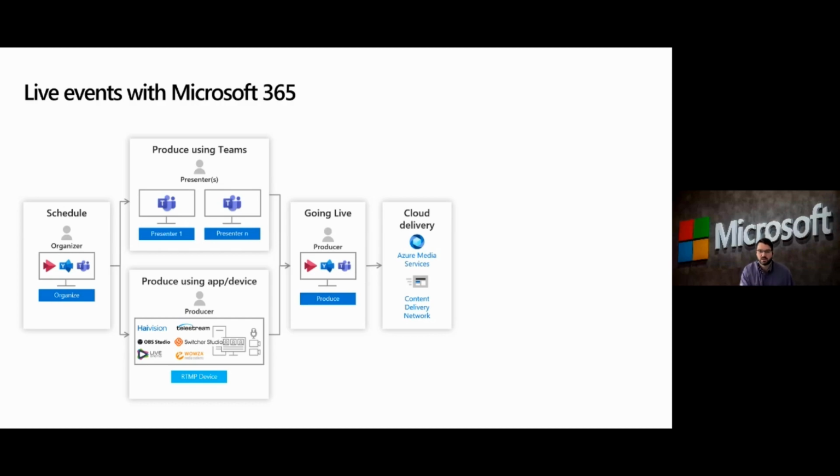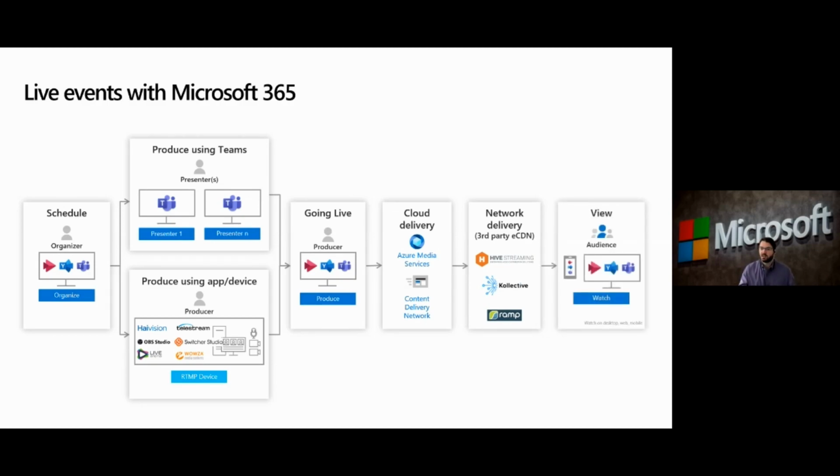Now, the reason we send it to Azure Media Services is that it takes all of the encoding and all the bits to make sure that you get the right pieces and components and the right codecs and the right stream format for the device you're watching. Now, one of the things we're also going to talk about is what it means to use a third-party ECDN. As we start to all come back into the corporate environment, what does it mean to work with the network pieces that are required for consuming a stream that is produced from the internet? And then really, what is the audience's experience?